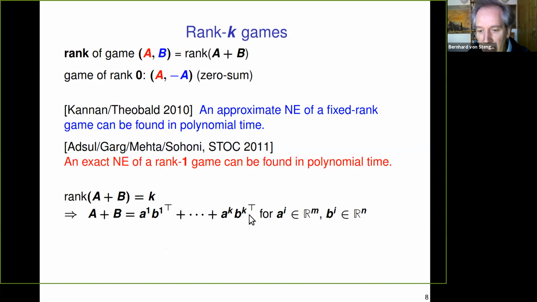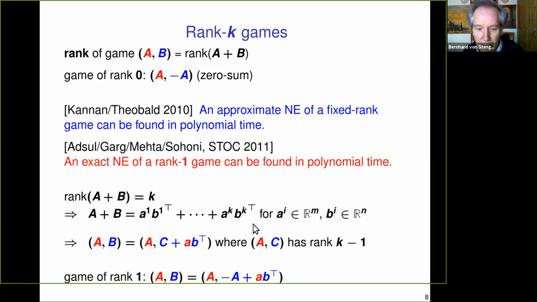I say at most k, I mean, if these rank 1 matrices, so this is a matrix of at most rank k, it could be lower. But if it has rank k, we need these k summations. Okay, and